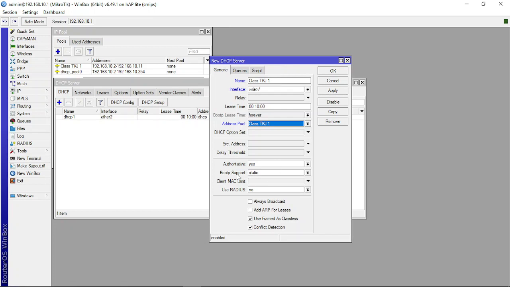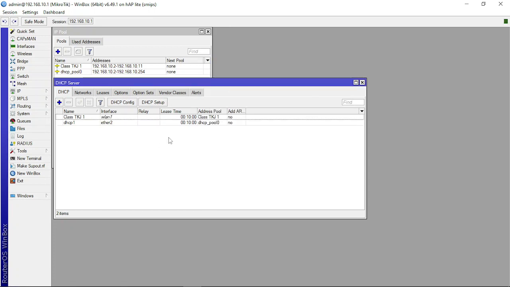Alternative boot support, okay, we apply. Okay, we are done making the DHCP server.